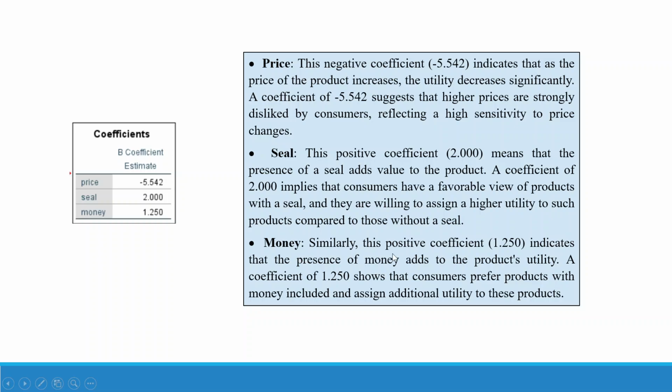Money back guarantee, similarly. This positive coefficient indicates that the presence of the money back guarantee adds to the product's utility. A coefficient of 1.250 shows that the consumers prefer products with money back guarantee and assign additional utility to